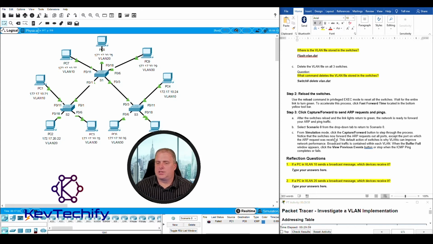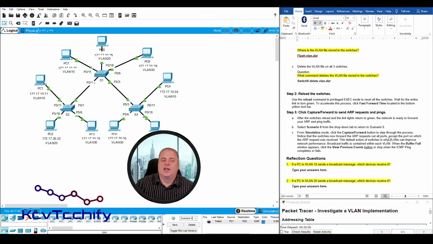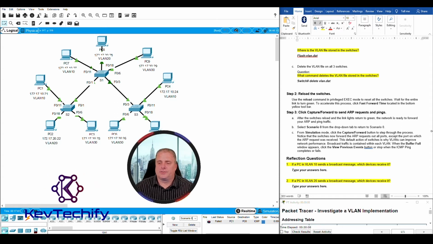Notice the switches now forward the ARP request out all ports, not just the ports that belong to the VLAN, because we erased those VLANs. It's going to forward it out all the ports. And this is where switches and VLANs help improve performance. When the buffer full window appears, click View Previous Events button or stop when the ICMP ping completes or